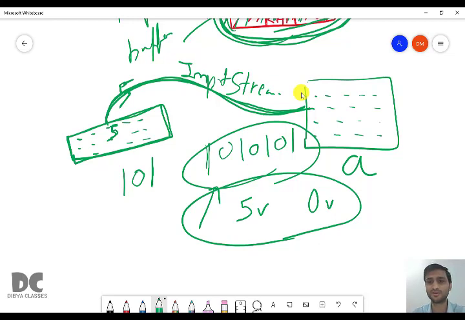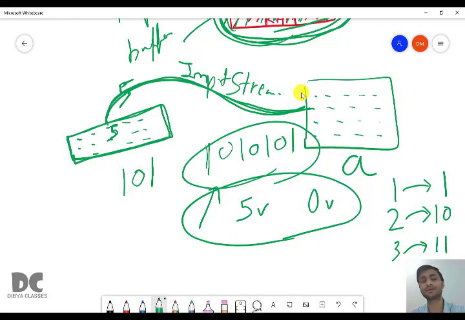If you have studied binary to decimal and decimal to binary conversion in class 7 and 8, you know that 1 is 1, 2 is 10, 3 is 11. You might have studied about binary to decimal conversion, or decimal to binary, and different types of octal and hexadecimal conversions. Let us not go into details because it is not in our syllabus. So actually when you do this, 5 is not flowing through the wires, but it is in binary form.